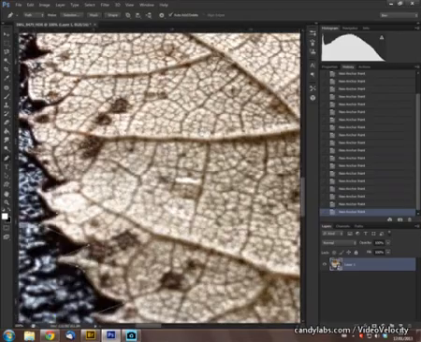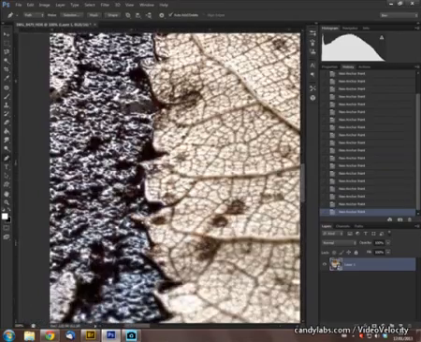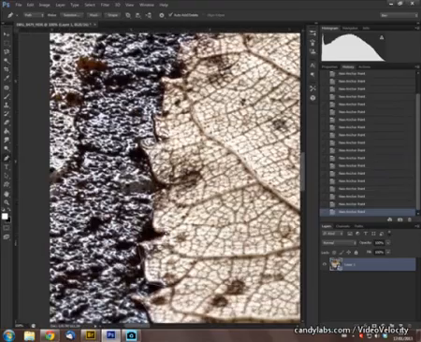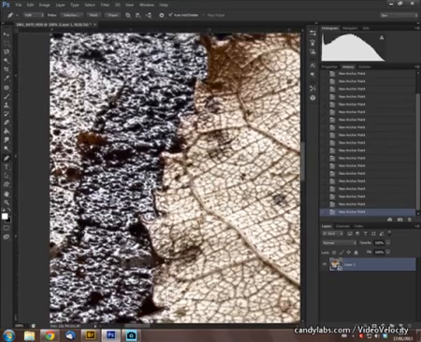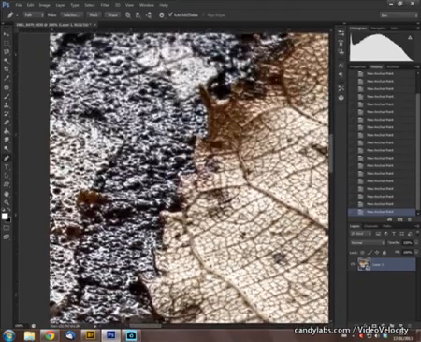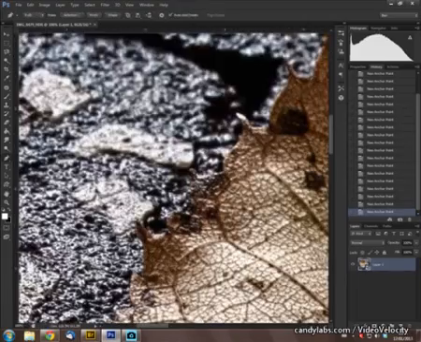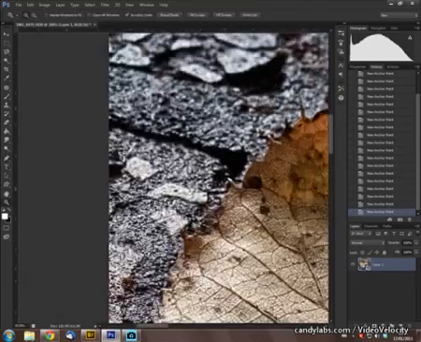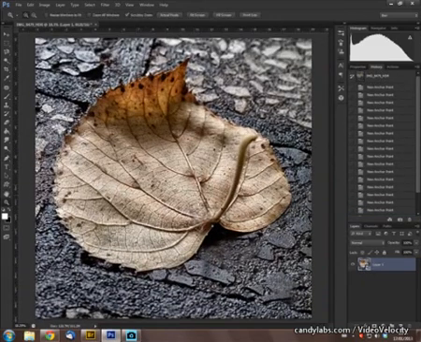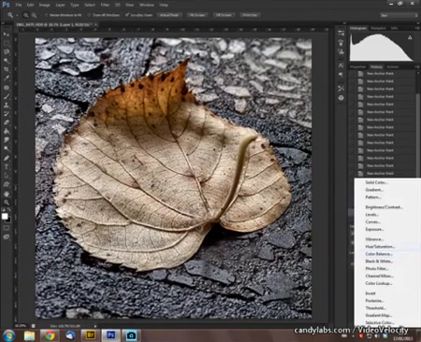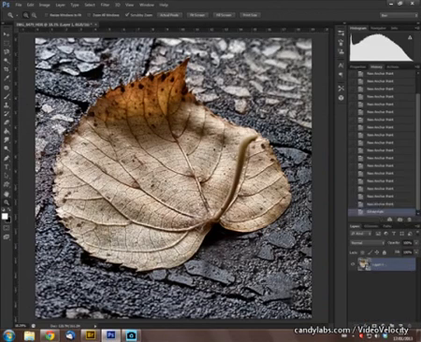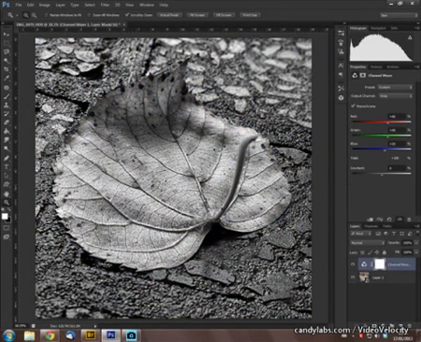When I say overly complex, I was finding it difficult to see the difference between the leaf and the background. Because I couldn't see the difference, it became hard for me to see where I was going to put my path, so I didn't really like that idea. I then thought about using the magnetic lasso tool. I don't really like using it, and once again it proved right. So I decided to forget about it for the moment, and I just toned the image instead straight away